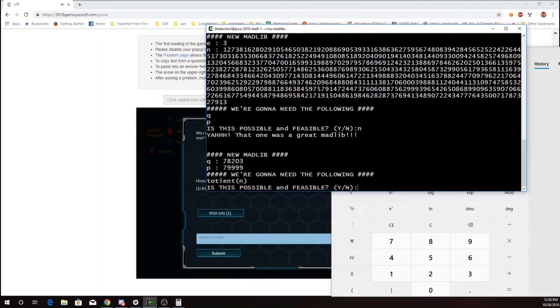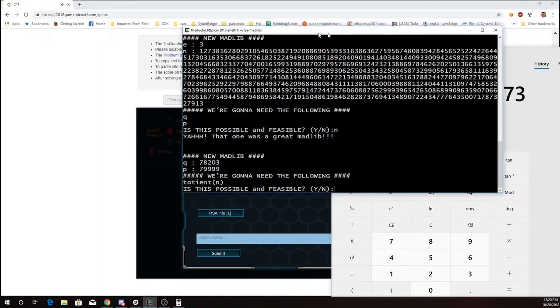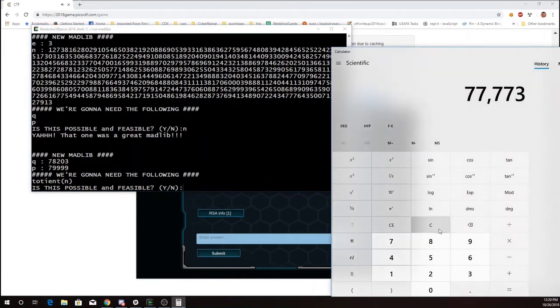And now it's going to ask for the totient. Now the Euler's totient is P minus 1 times Q minus 1. And that's an important part of the math that goes into RSA encryption. So 78202 times 79998 equals